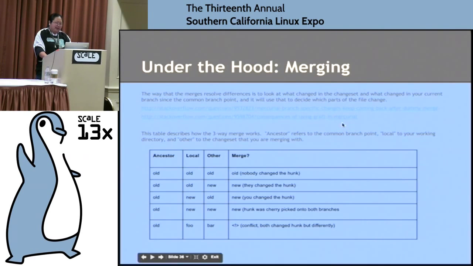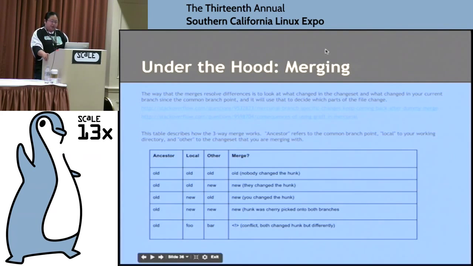This is something that I found out recently that cleared up a lot of things for me about how Mercurial does its merging. And this is a simple table that explains how it can automate the merging. It's something that I probably won't get into a lot of detail right now, but I have a couple of links there, and I have this simple table, and